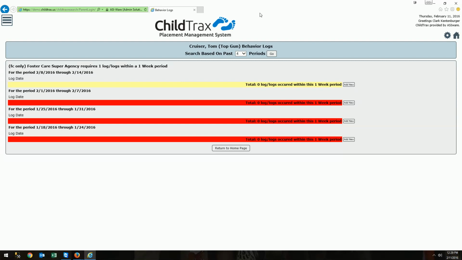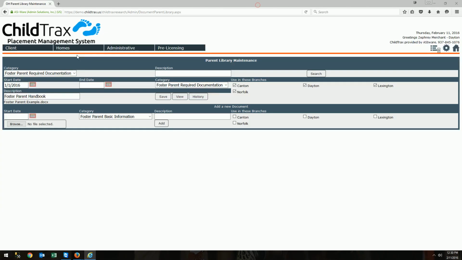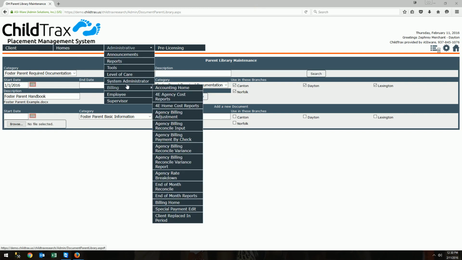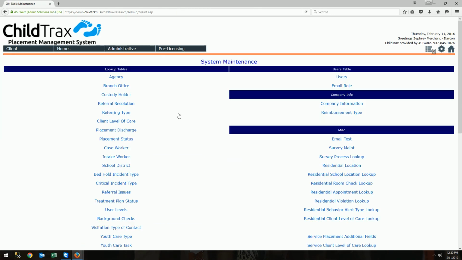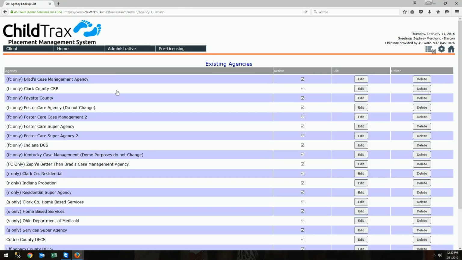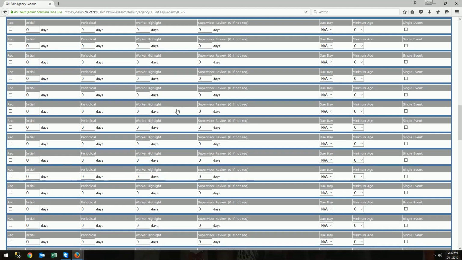Now this will be whatever your case management agency is. So whether that's foster care, case management agency, whatever you use for your default case management agency is what you would want to go edit. So I'm going to go back to the System Administrator menu here, go to Table Maintenance, and then go to the agency level. From here, since I'm looking at Foster Care Super Agency, I'm going to click Edit, and scroll